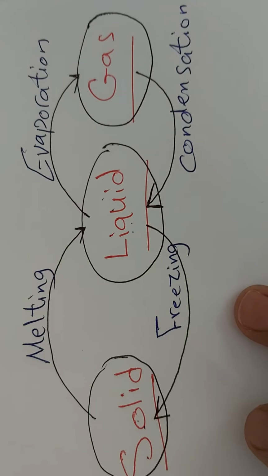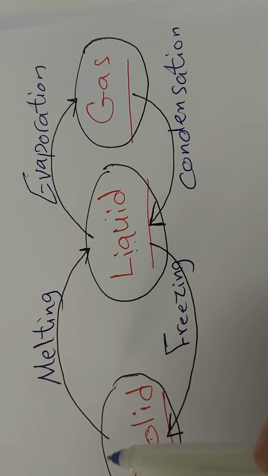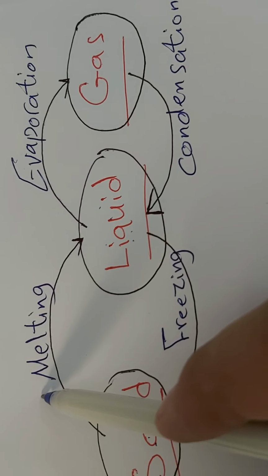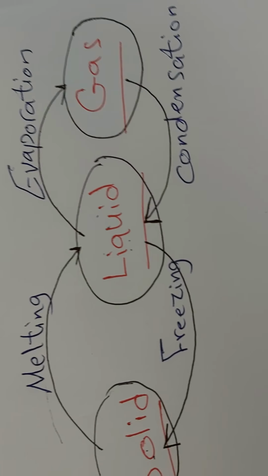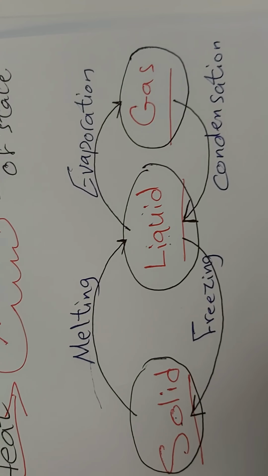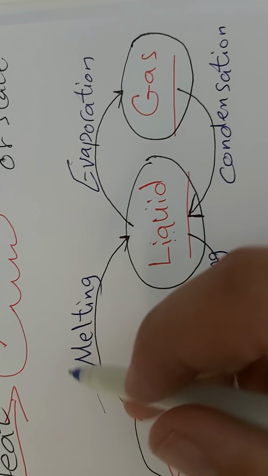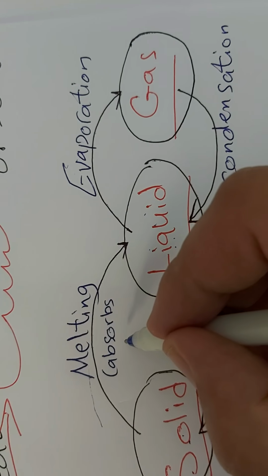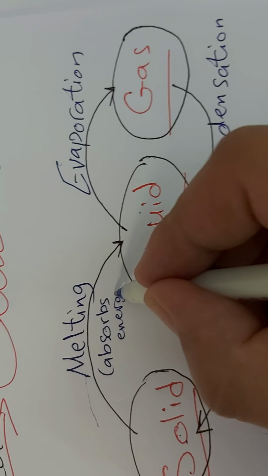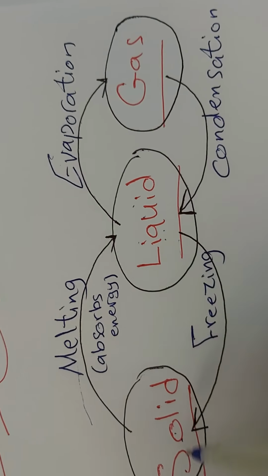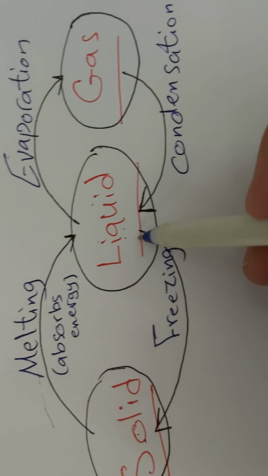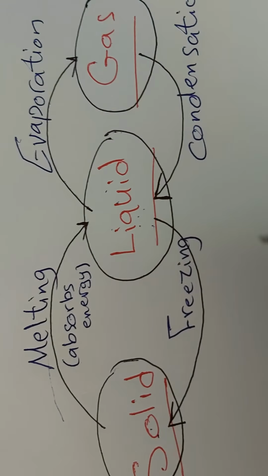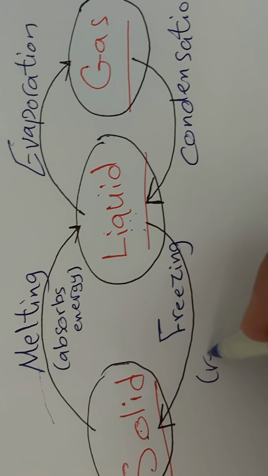Okay? Now, from solid into liquid means melting. We have to add energy or to remove energy, means we have to add heat or to remove heat. So to change solid into liquid we have to add heat. So melting absorbs heat or energy. Okay? But liquid into solid, we don't need to add heat to liquid to become solid. We have to remove heat. So here releases heat